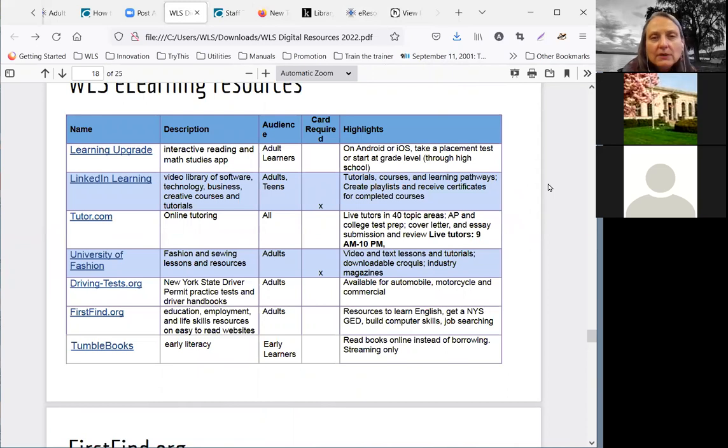The Learning Upgrade app is an interactive reading app. It was introduced and there's a link to it on the WLS site there. Generally speaking, it's an app available on iOS and Android, and it is for adult learners. There is a free week trial, and then after that, a person has to do a paid